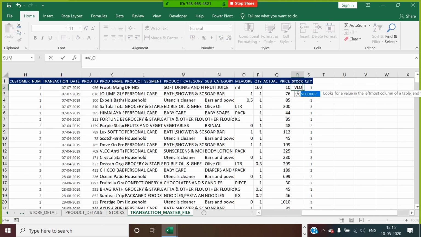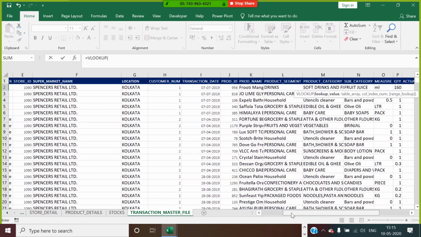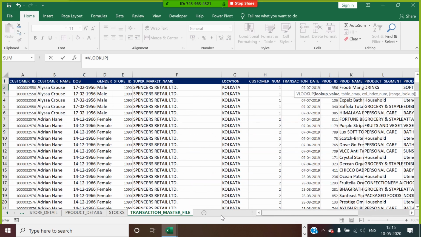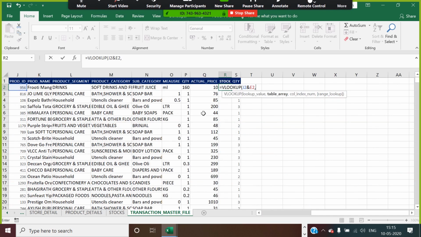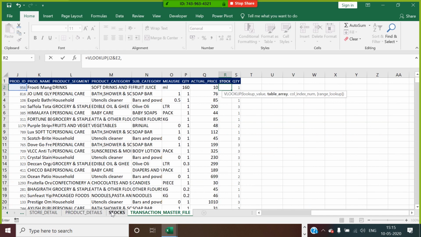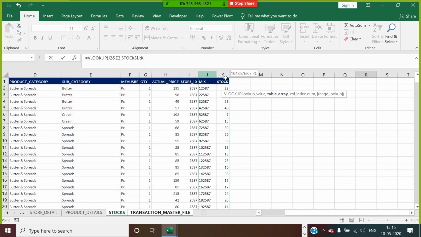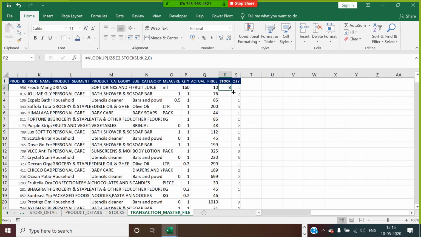I'll write VLOOKUP. I go for the product ID ampersand the store ID, and we are looking for the table array, which is this two field 2 and 0. So I got the stock here.